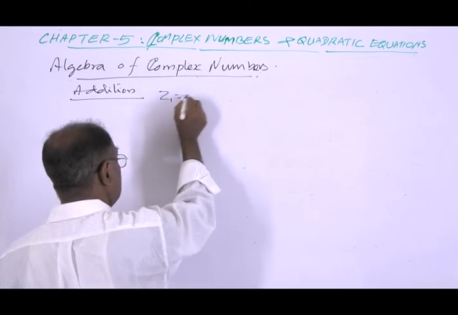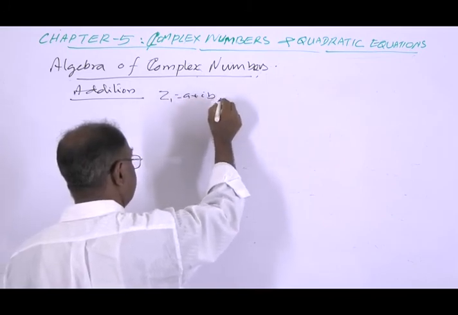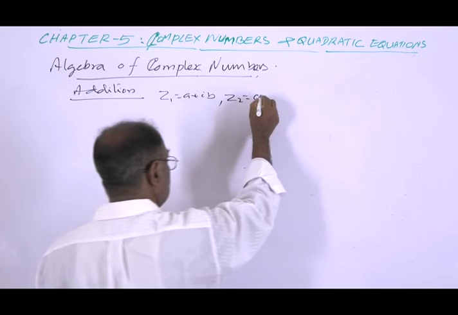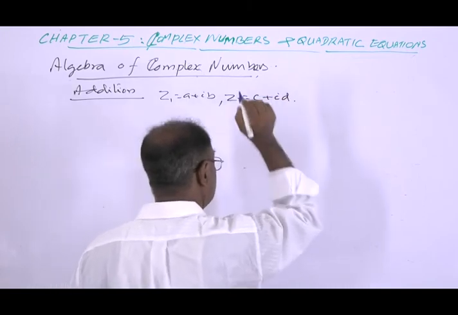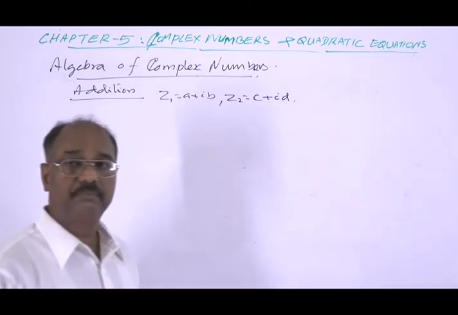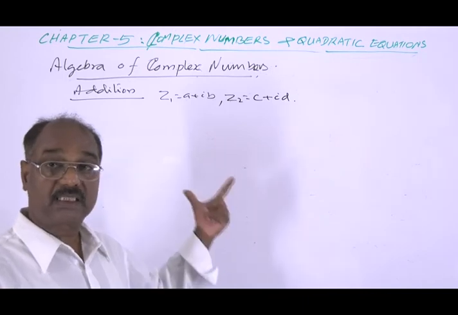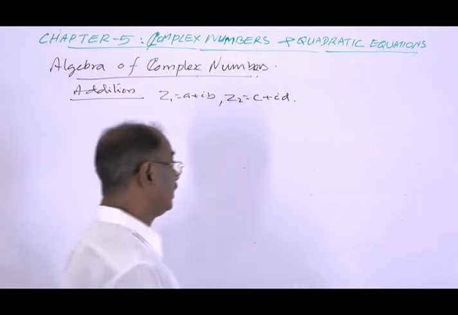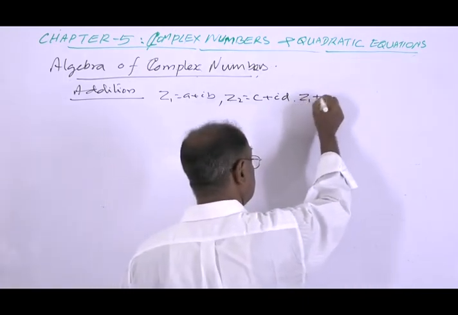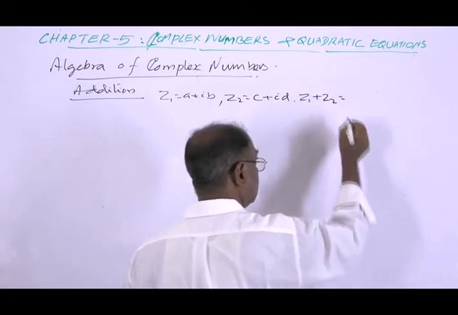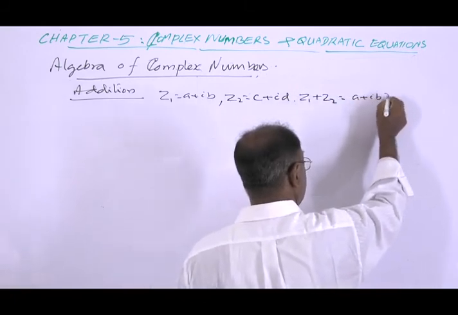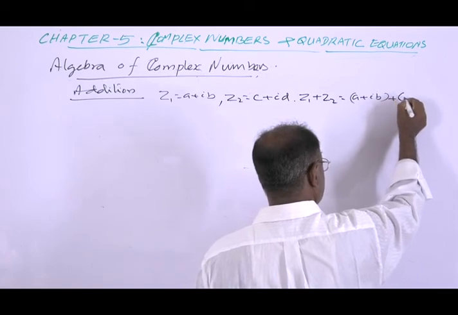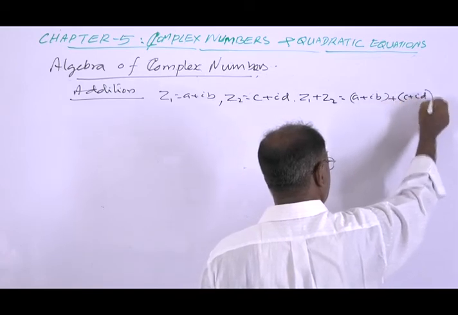Suppose Z1 is equal to A plus IB and Z2 is equal to C plus ID, the two complex numbers. Then their sum, denoted by Z1 plus Z2, is defined as A plus IB plus C plus ID,